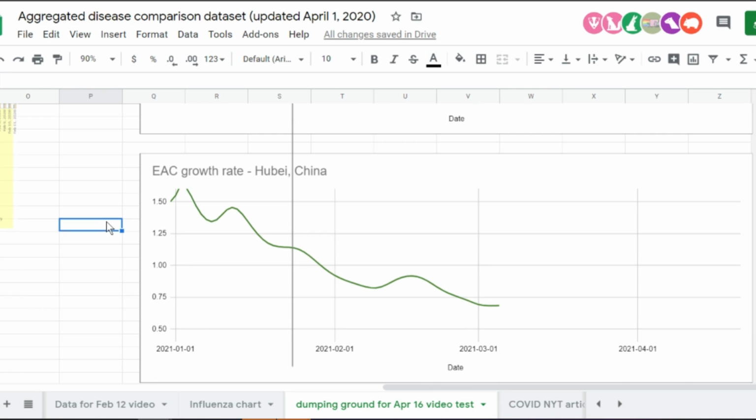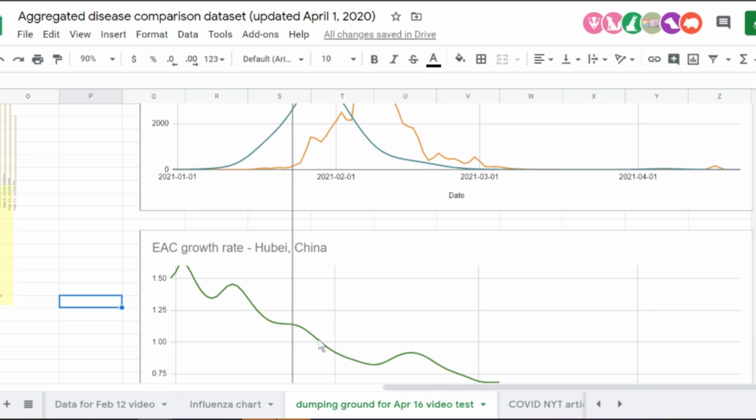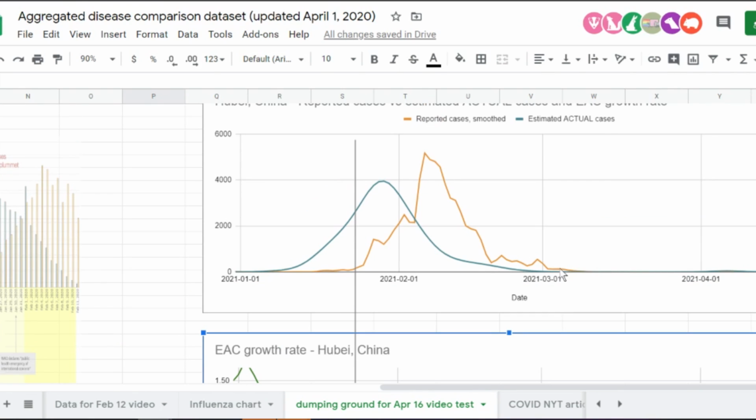But I think this is just a good way of giving hope to people that lockdowns are helping, and it's not just an endless, draconian violation of human rights. It has a tangible effect, as you can see here. And the goal is, like, we want to give people as many rights as possible as soon as possible. But that only happens when the growth rate goes down to here, and then things can be lifted once the orange line essentially flatlines at 0.